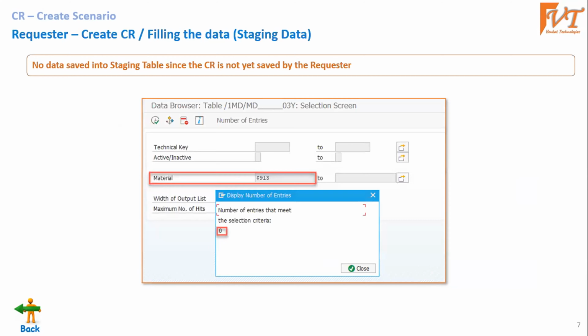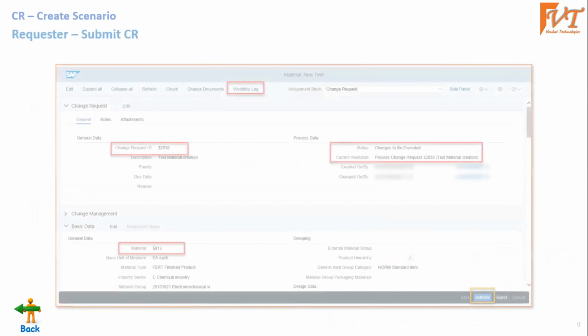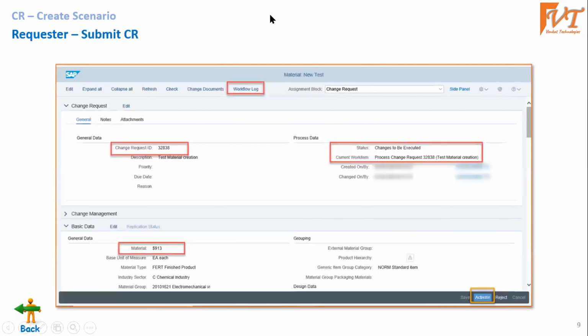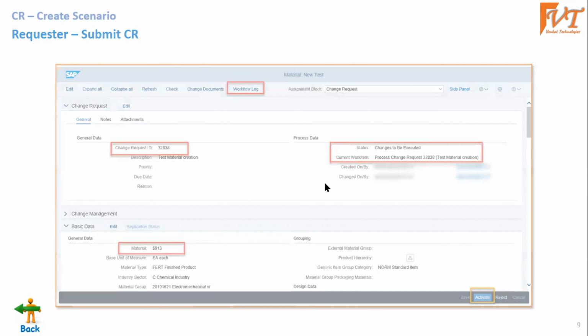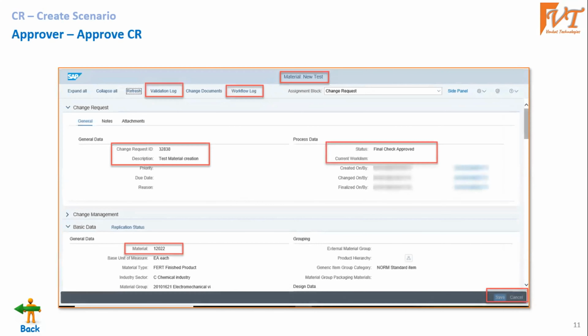Once the CR is created, it goes to submission, and here the approval or activation takes place. Once the data is approved, these are the background workflow work items, and here you can see the status of the change request.